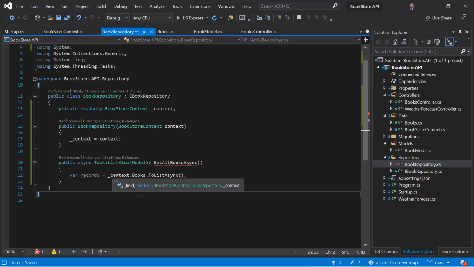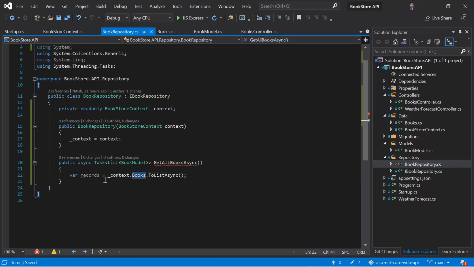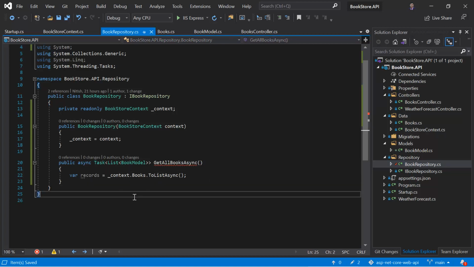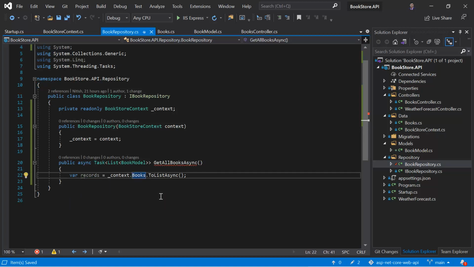By using this query, we will get the entire data of this Books table in this records variable, but we are using this BookModel to return the data. So we have to convert this data into this BookModel. As of now, if you look at the detail, you can notice that it is a list of Books, but we have to return a list of BookModel. So we have to convert this data from Books to BookModel, and there are multiple ways for that. First approach is that you can use a foreach loop at this place and you can return your data. Second is you can fetch the data directly into your BookModel, and that is exactly what we are going to do in this lecture.